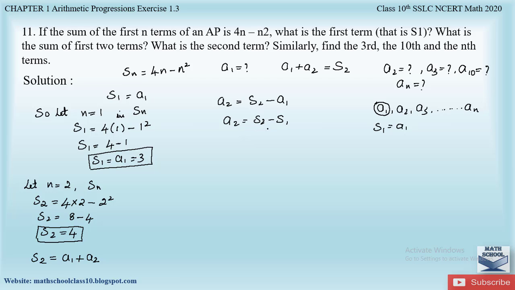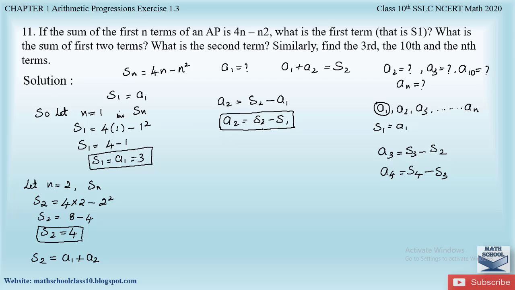Similarly, we can find any term by using this equation. For example, to find the third term a3, we write the sum of the first three terms minus the sum of the first two terms. Similarly, for the fourth term, we subtract the sum of the previous terms, S3, from S4. Likewise, we can find any term if the Sn equation is given. These types of questions will be asked in objective type questions, where they will give you the Sn value and ask you to find any term, such as the third term, fourth term, 10th term, or 15th term.